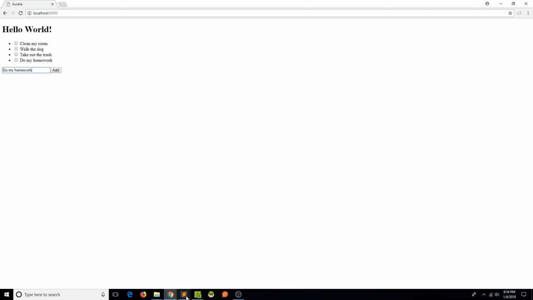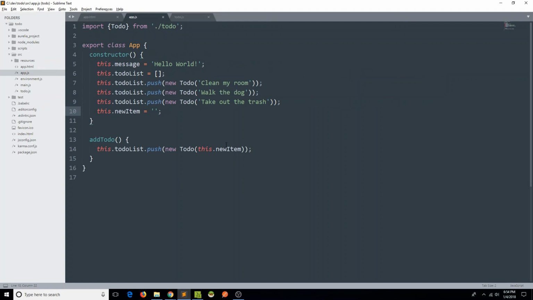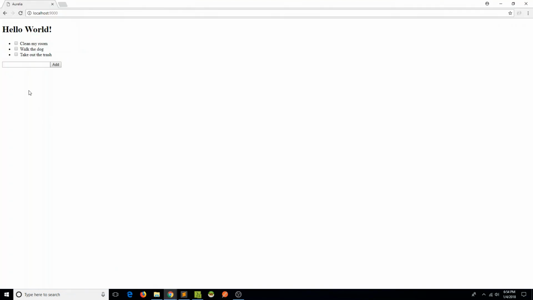be desired functionality. So what we can do is, and this is a pretty common design pattern, after we push this item, we can just say this.newItem equals an empty string again. Oop, new item is an empty string again, and that will go ahead and reset it, and we can try